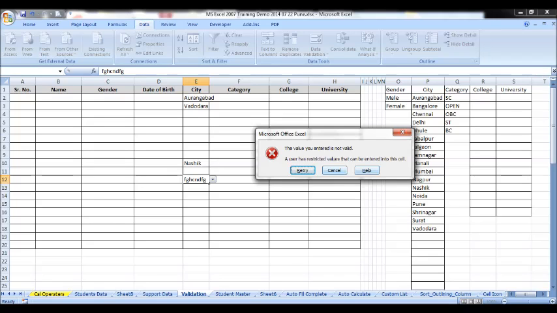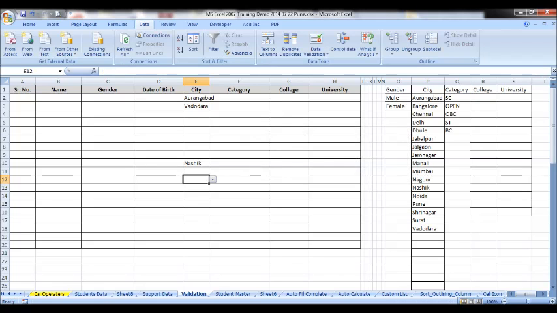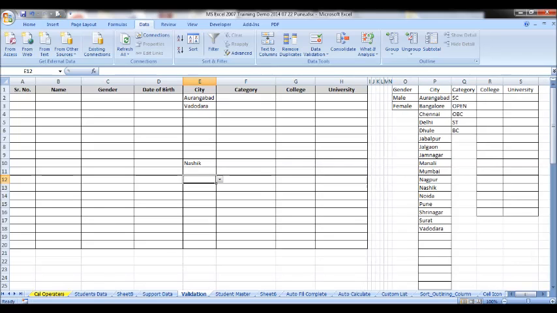Now see, even if we change the spelling of any of the cities, it will not allow you to enter it. With this, it is very evident that your data is perfectly set for avoiding errors in data entry in the column of city.